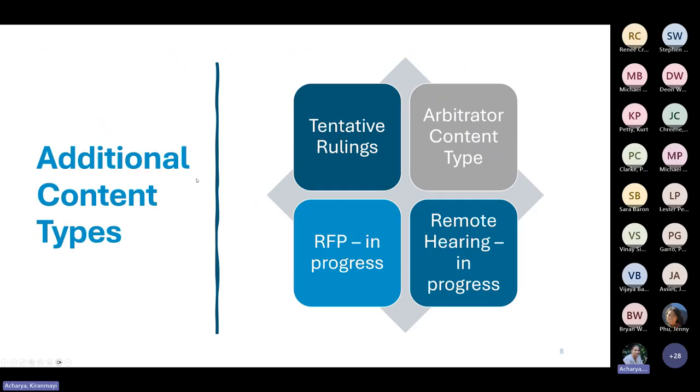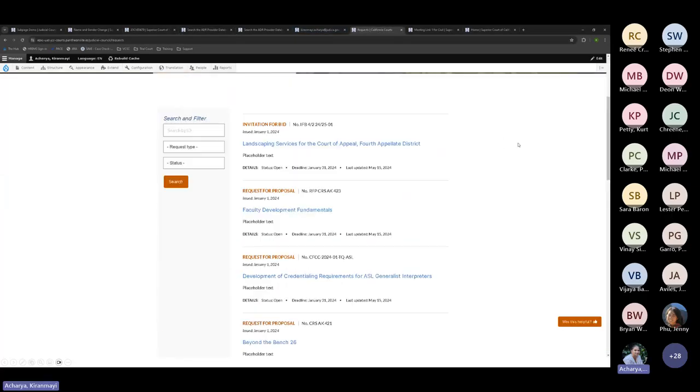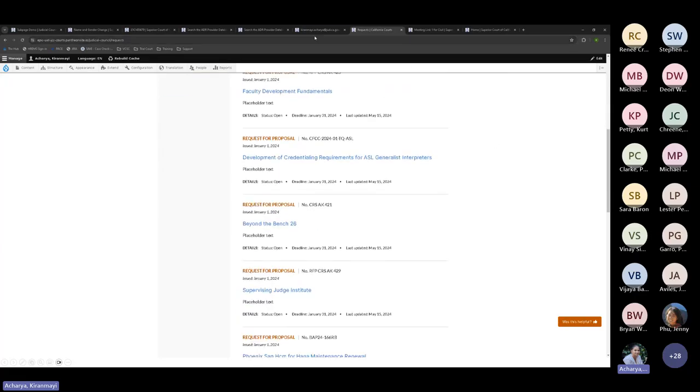So a couple of examples for RFP is like this. So this is our ongoing court site. This is how it's gonna look on the courts, but when I do it for,